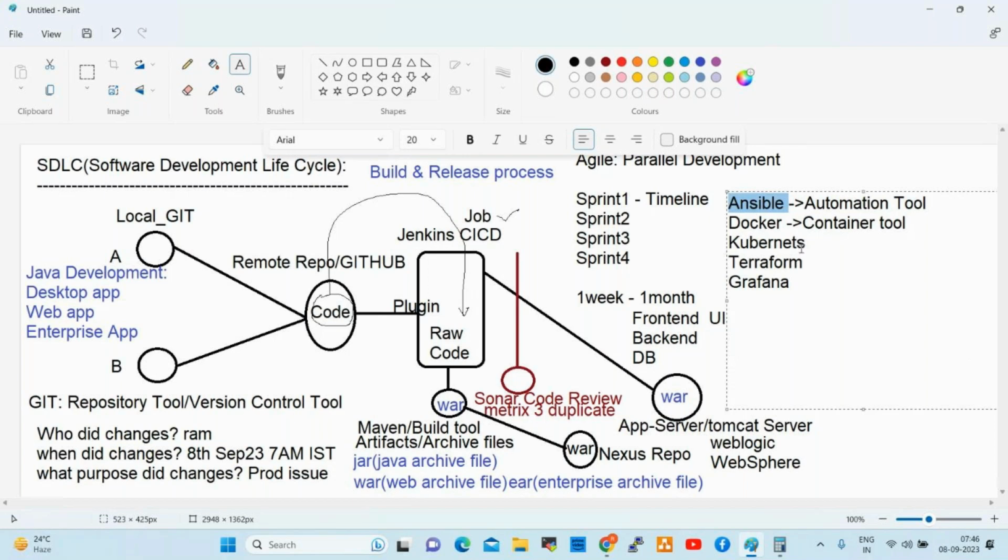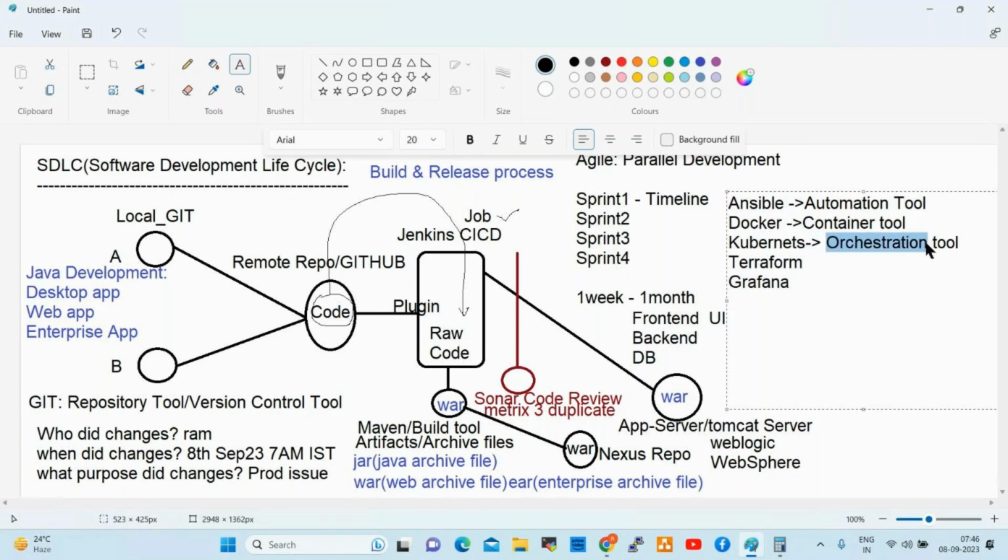So next one is Kubernetes. What is Kubernetes? Anyone? Kubernetes is an orchestration tool. What is orchestration? For example, what is an orchestra?